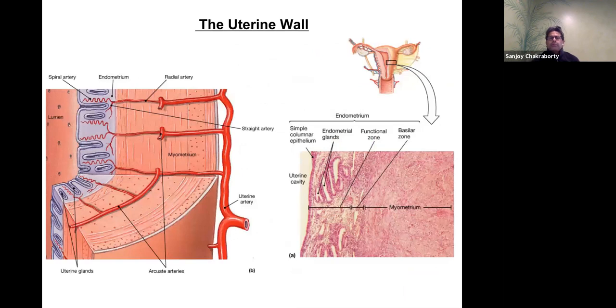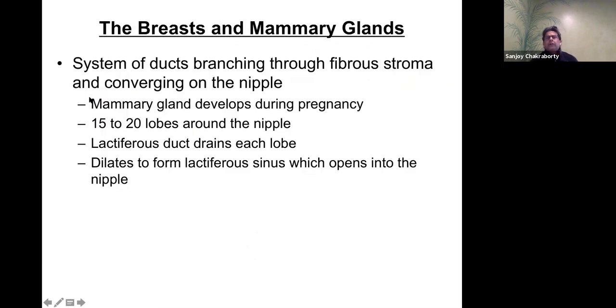So I put another picture just to explain that. This is the straight artery in the basalis layer. That's the functionalis layer. So the functionalis layer can become very thick. The whole layer goes up, and then they start once more, like the next cycle. So the spiral arteries are the ones that are going to get lost during the menstrual